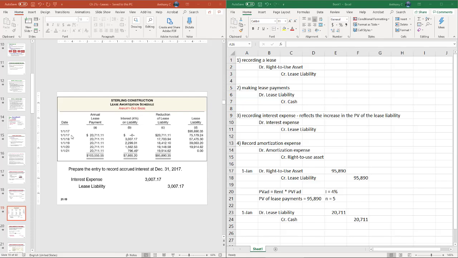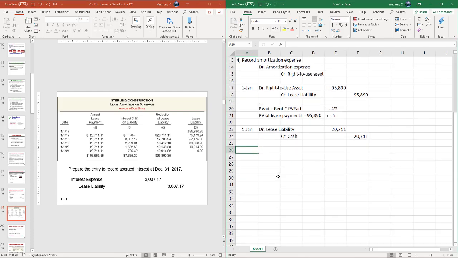All right, so notice on January 1st, 2017, this is the date we first took out the lease, we're making this lease payment. Since on this date it's impossible for us to have accrued interest, the total amount of the lease payment goes towards reducing our lease liability. So our lease liability is brought down to $75,179. Now, as it hits the end of 2017, as I mentioned, we need to accrue interest and we need to record amortization expense. So on December 31st of 2017,